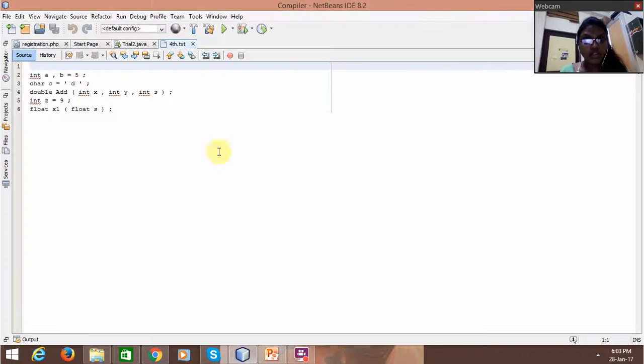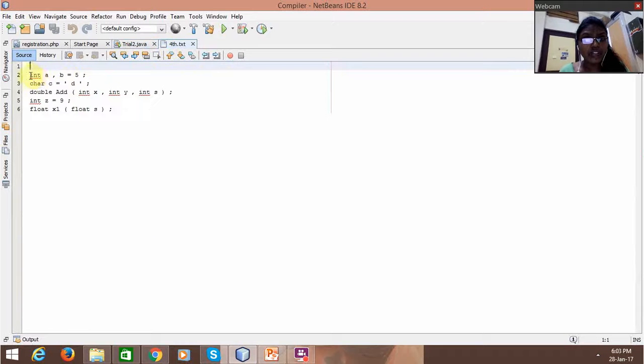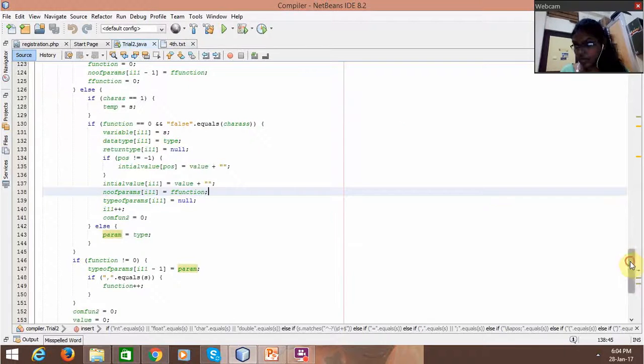Now coming back to my code, I have this file wherein I have written a C program which has identifiers A and B assigned with the initial value, character C assigned with the initial value, a function called double add which has a return type as the double, 3 parameters, and so on. So coming back to my experiment,